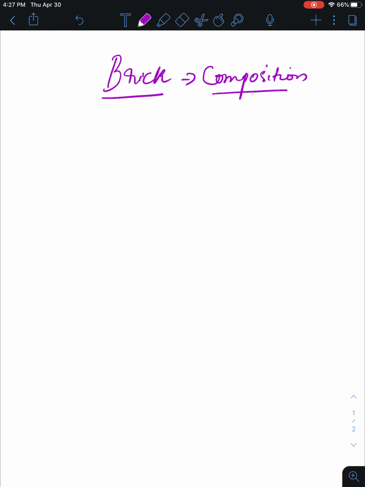Now we'll study about brick. Brick composition. Brick is a very important material. In our homes we are using brick masonry. In compound walls we are using bricks. Everywhere we see, in flooring we can use brick. So brick is a very important construction material. So we have to always give salam to this brick. Okay, so what is the constituent?